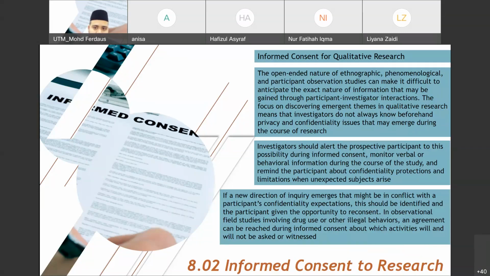I'll give you an example. Say for example, ethnographers. So you go there, you want to study how they live. And then when you go and live with them, you see that when teenagers reach a certain age, they make it compulsory for circumcision, or they make it compulsory for the person to get married, for example. And that information they don't want to tell you. That information is confidential for them and they don't want to tell you.